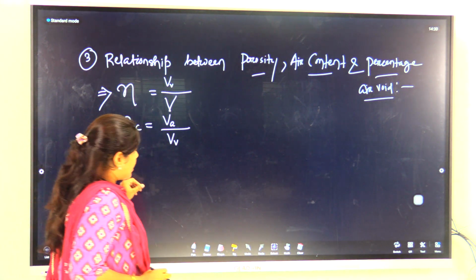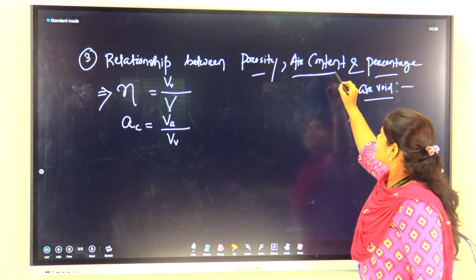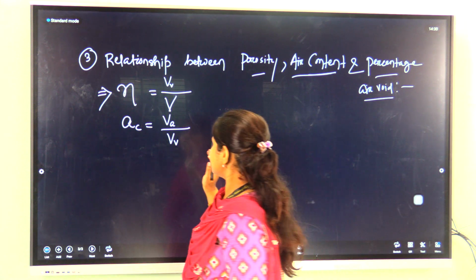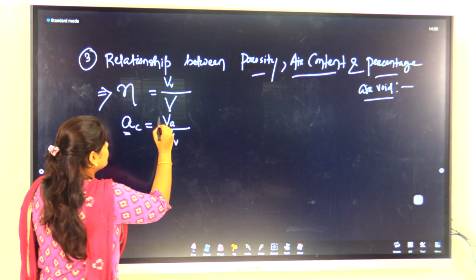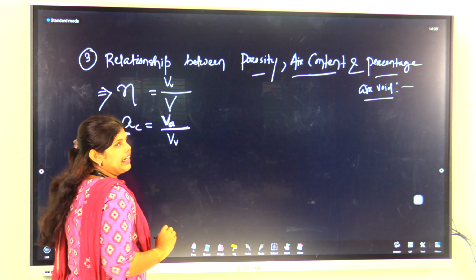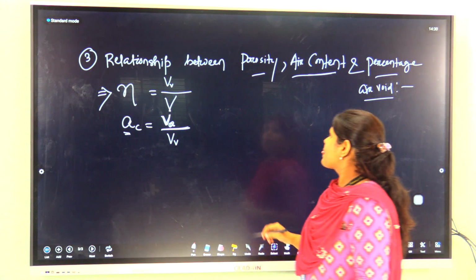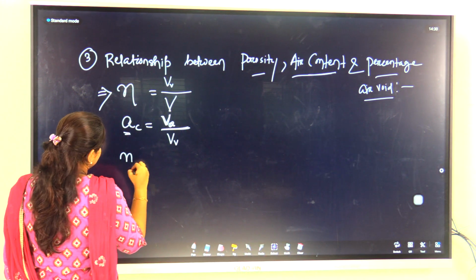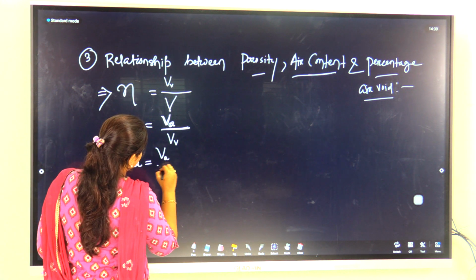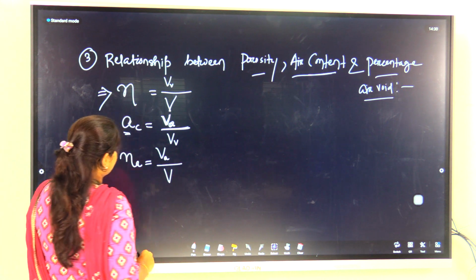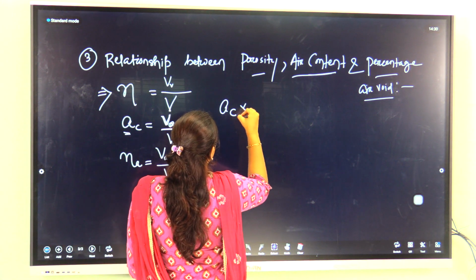So, how can we remember this formula? Air content is here, so first thing we will write is about air. So, we will take the volume of air and divide by volume of void. Next, we know that Na equals your volume of air by total volume. Now multiplying AC into eta,